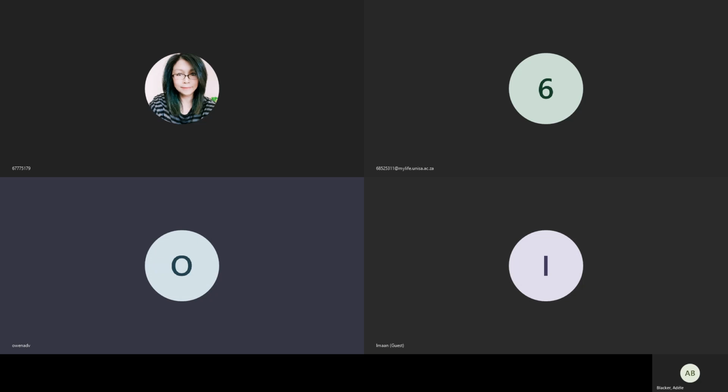Okay, so our first part is regarded as our uncodified body of law. I'm putting it into the chat function. It's regarded as our uncodified body of law.